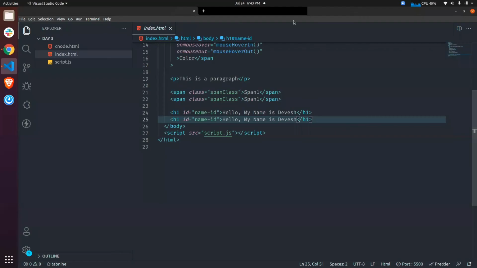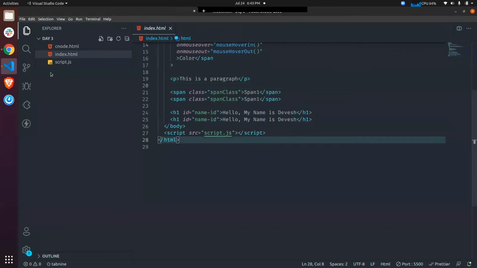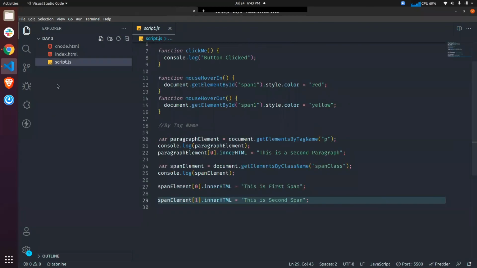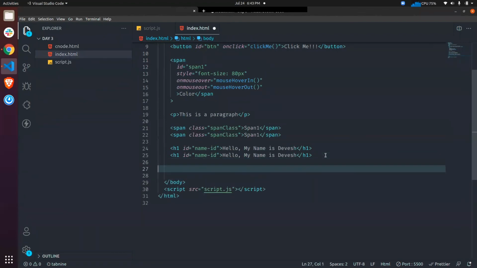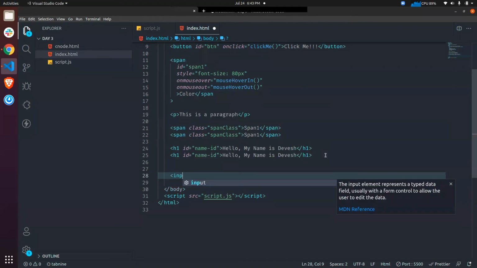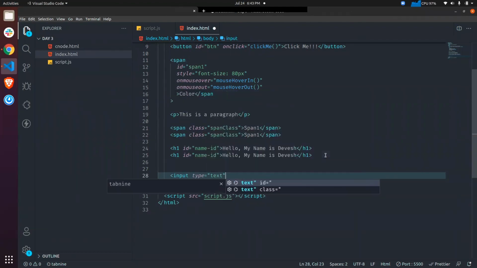Just give me a minute. Okay. So let's say we have an input which is of type text.